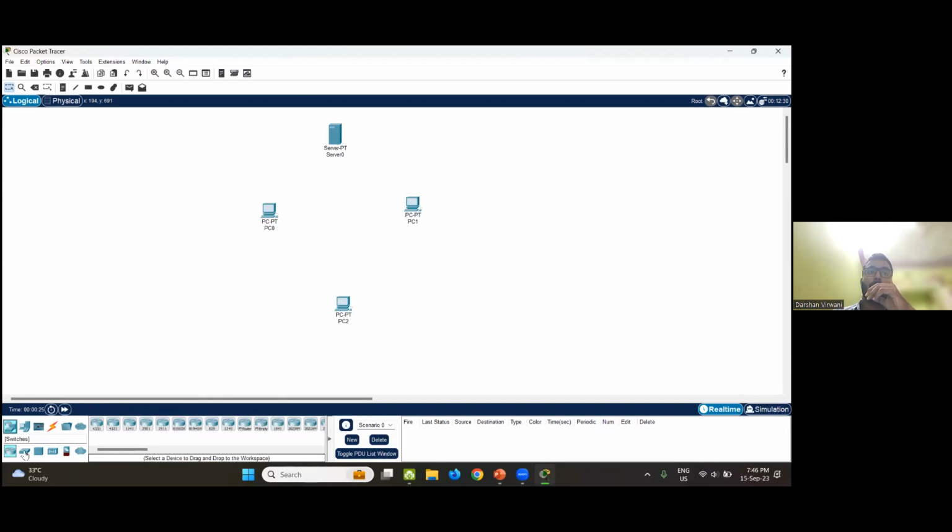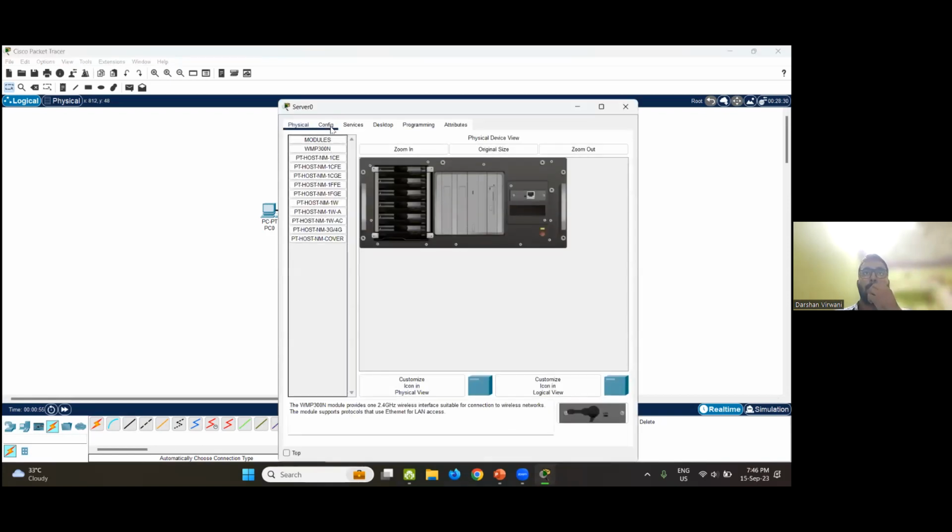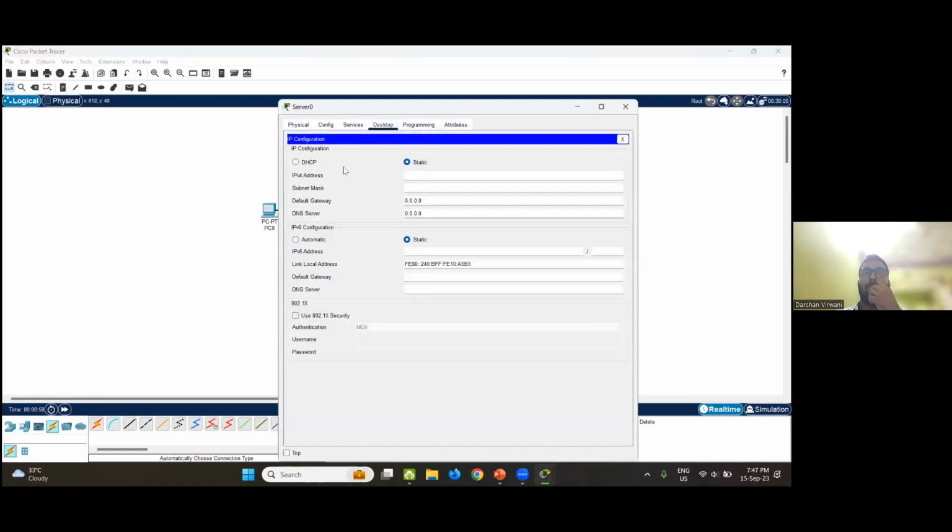I will connect them through a switch, which will work as an extension between all of these systems. Now I am connecting a wire to all of the systems. So we have connected our systems. First of all, I will assign an IP address to the server. I will assign the common range for now, 10.0.0.1 and subnet mask